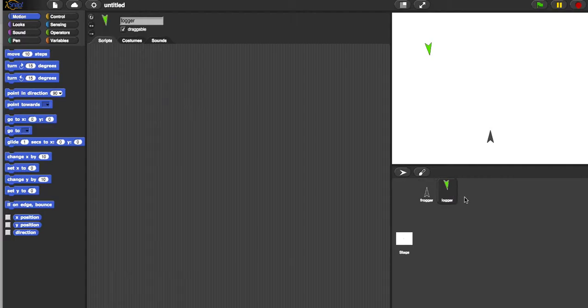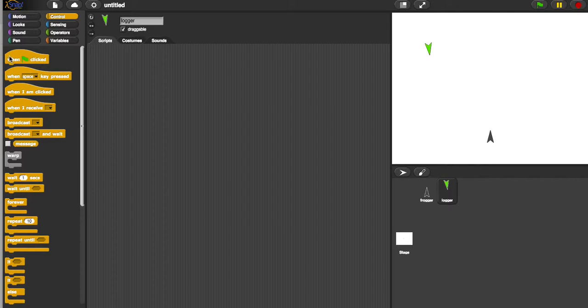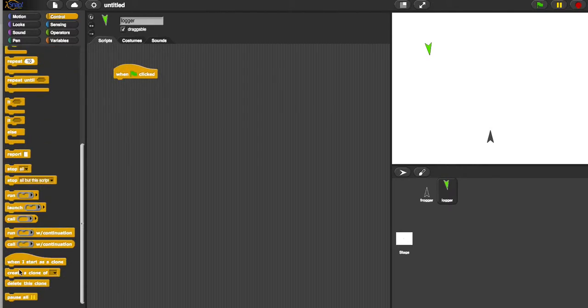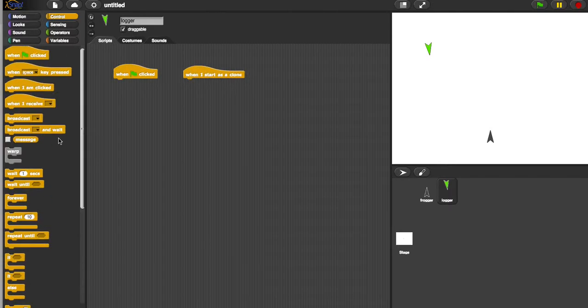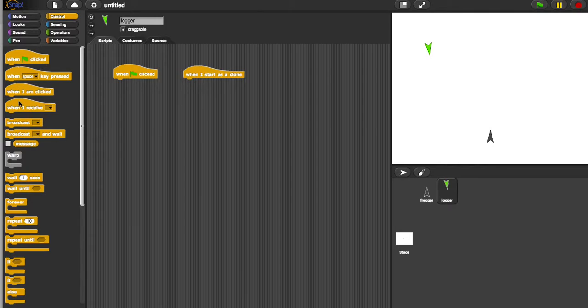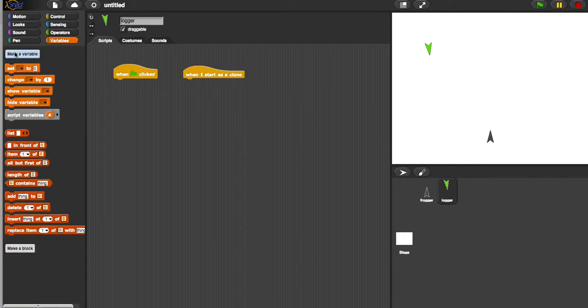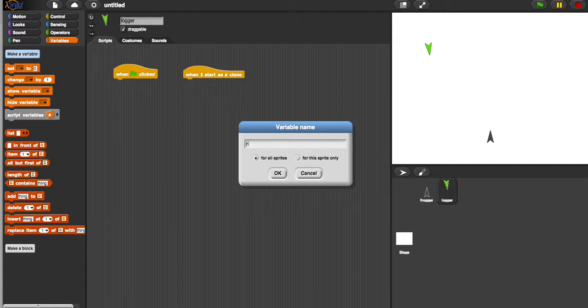But for now, the logger is going to be very similar to what we have done with the other obstacles, the clones. So I'm going to have a couple of hat blocks, and I am going to have one key difference with the logger, and I'm going to need a variable for that. And I'm going to make this a global variable called river speed,